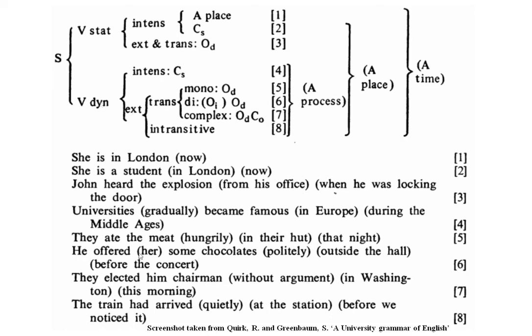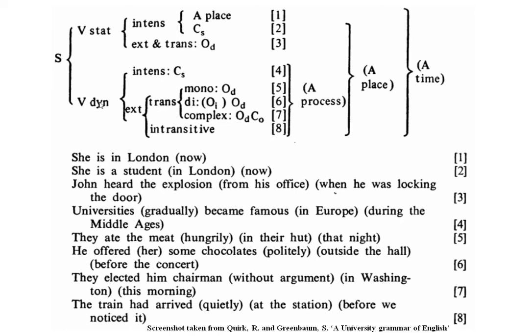See sentence 6. "He offered her some chocolates." The verb offer here is a dynamic verb, right, because it refers to an action. Okay, so it's extensive. Why? Because it's followed by an object. That's fine. How many objects do we have? We do have two objects: the direct object, chocolates, and the indirect object, her. So it is a ditransitive,